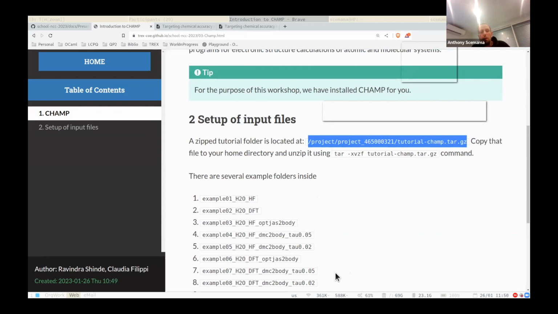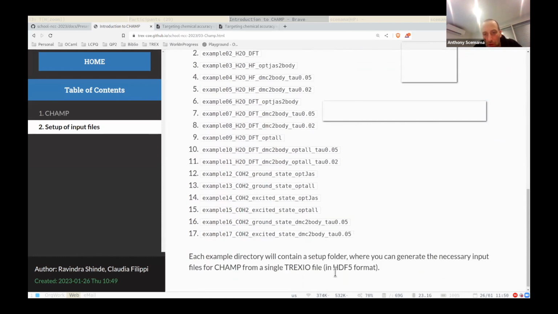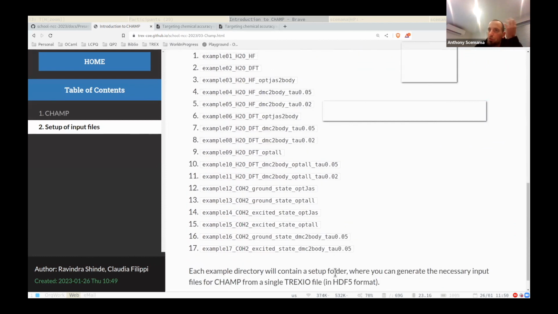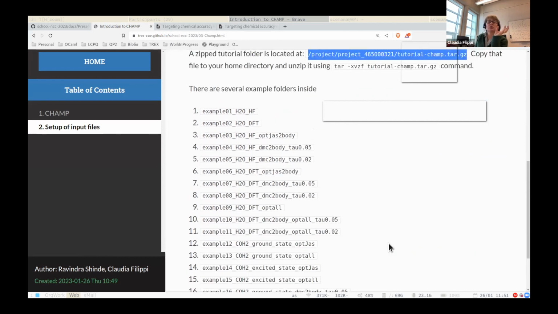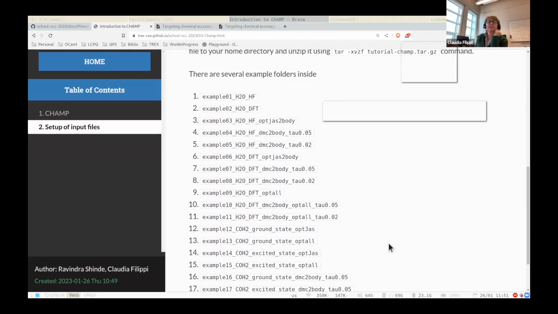This will help you if you are stuck in some examples. You will be able to see the files that you should have. You could see this as solutions. Not all files: there will be the input, the shell script command, TREX.io. But still, some things you will have to do. You still have to fill in a few blanks.